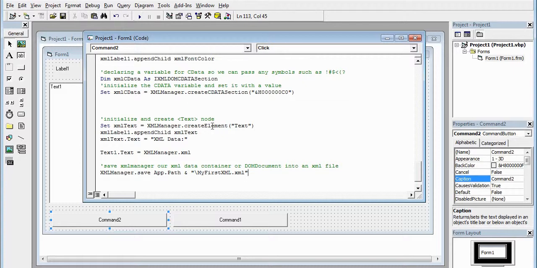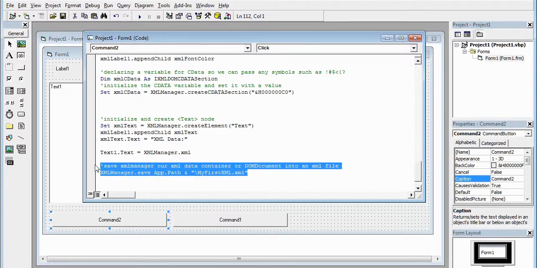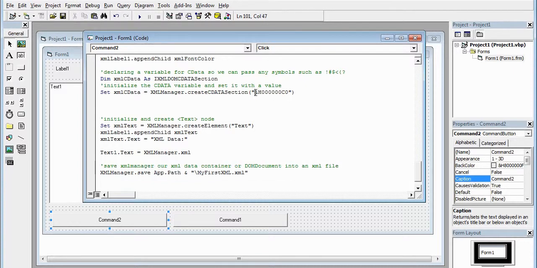Let's have a look what we have. So we're saving our data that we just created into an XML file. So then we can read that and we can test our CData, which is those values with that symbol that we're writing in XML, because an XML file cannot have this symbol without the CData. Otherwise it's not going to open that XML file. It's going to generate the error, like it did during the previous video